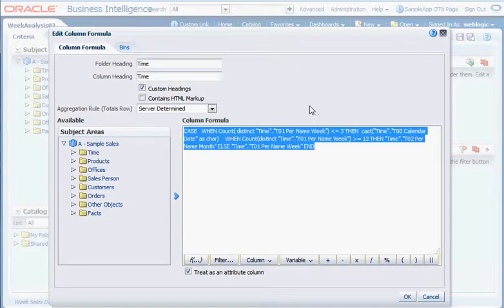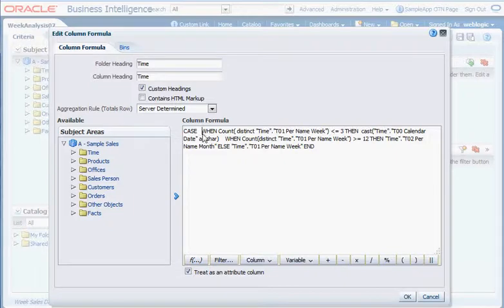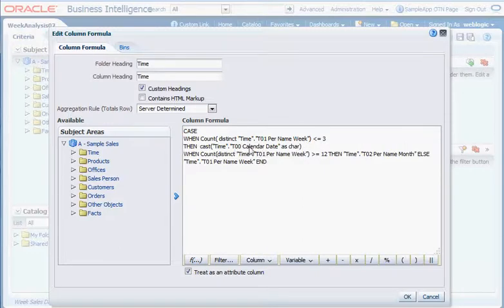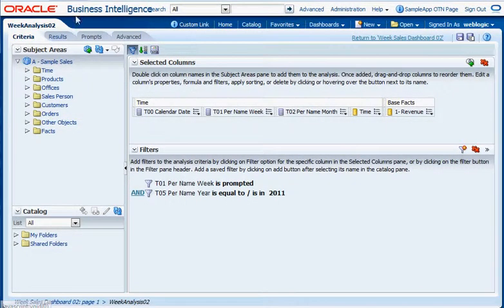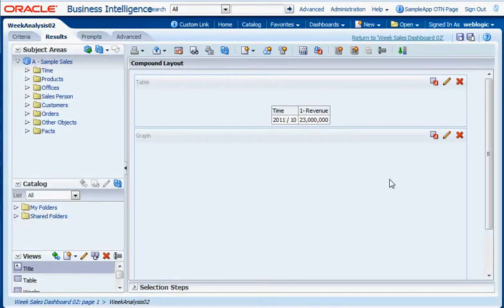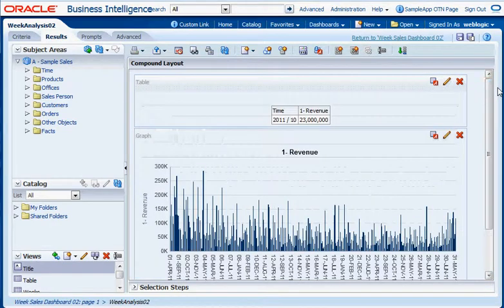I haven't quite been sure how to keep that from happening, but it's a simple case statement: when the number of weeks is less than or equal to 3, then it chooses day. When the number of weeks is greater than or equal to 12, then it chooses month. Otherwise, it's just choosing our week. So the way that shows up in the actual results here is not great, and it's not what I see in other ways. I also have it linked down to 2011 data, but